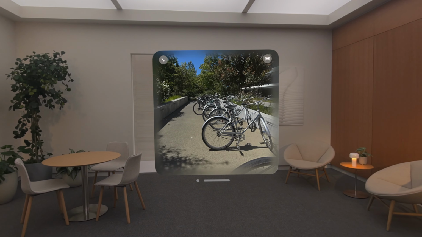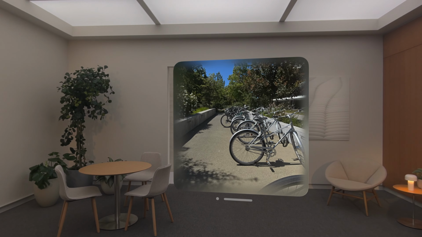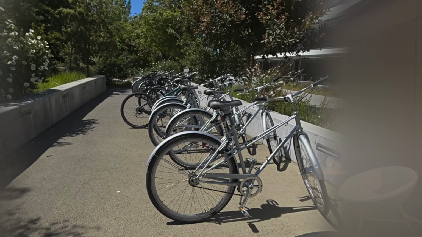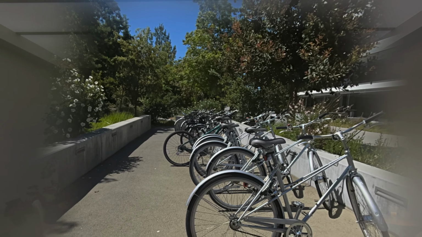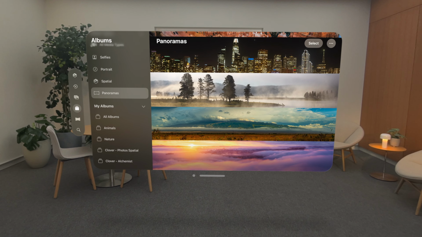Once I have the image I want, I just tap, and I'm shown that feathered portal view that we saw in Photos. And tapping the immersive button puts me into the exclusive view where I get to see it at full scale, without needing to accept any permissions or download any other apps. The story is the same with panorama photos. Let's take a look at how they work in the Photos app. We see the panoramas in a flat view in their window. We select a single panorama to view larger, and then tap the immersive button to see it at full scale.